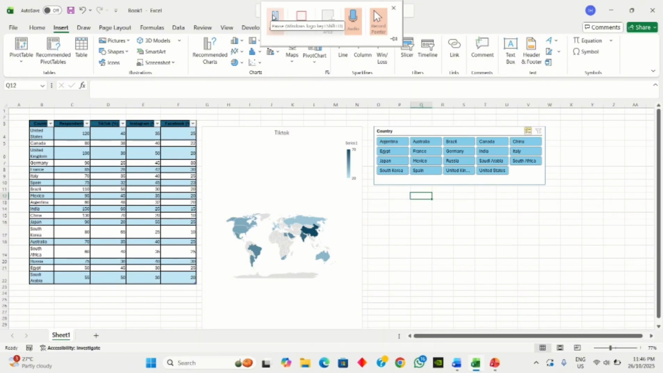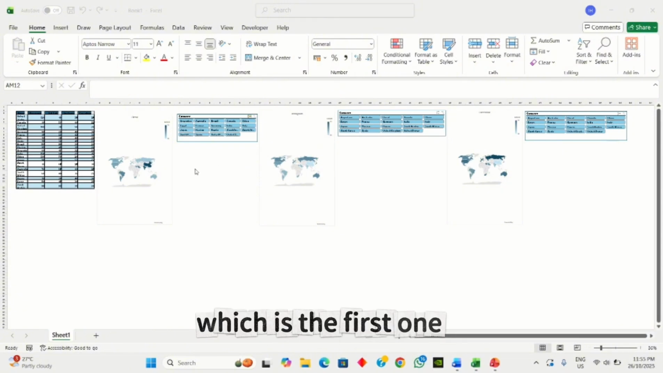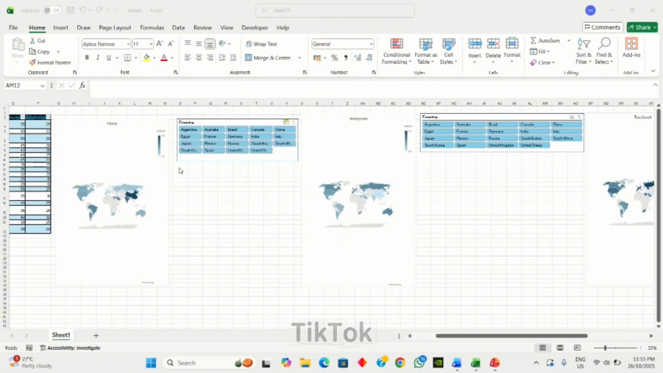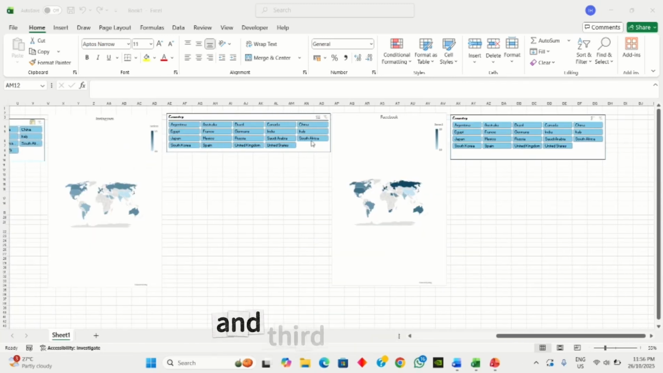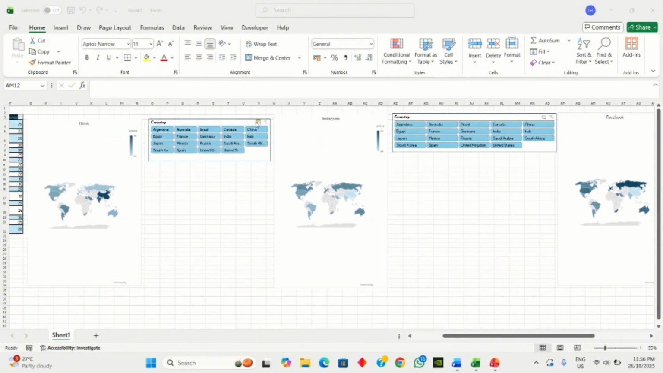I have completed the TikTok, second Instagram, and third Facebook. And these three map charts can function